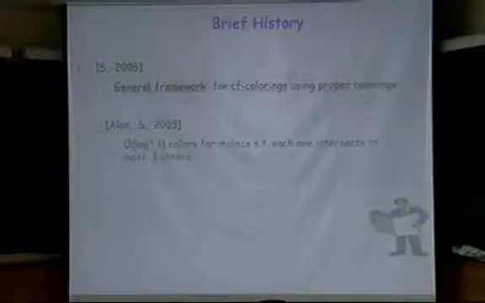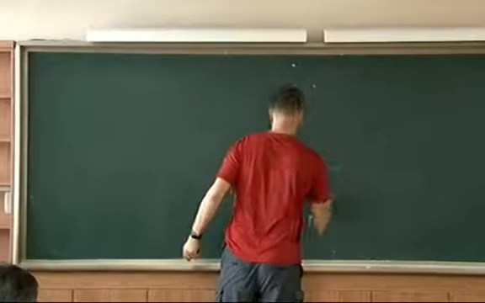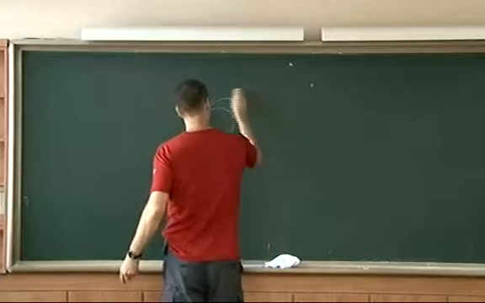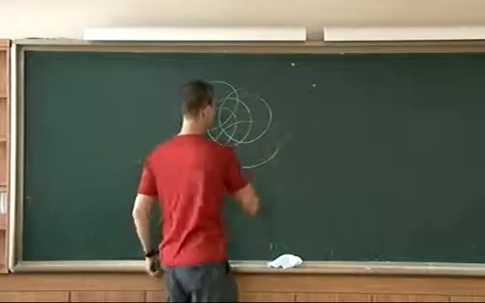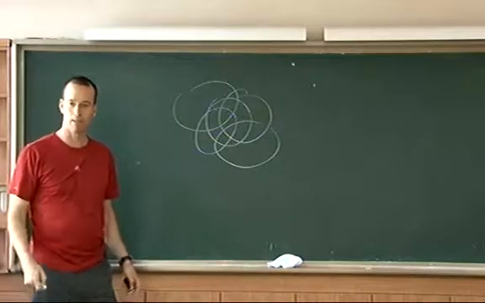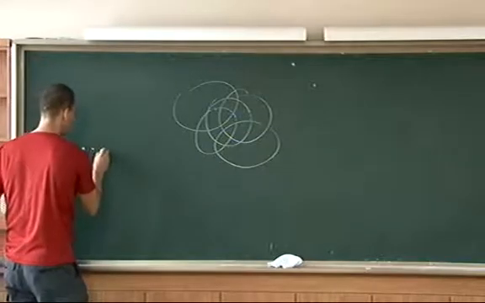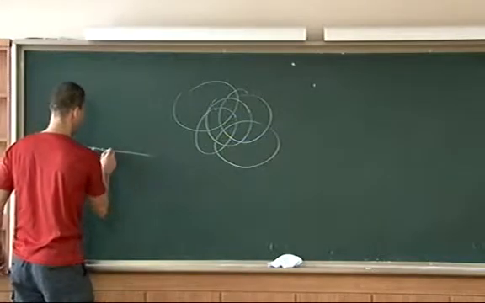More versions of this problem were studied. One of them that I should mention, which is interesting, is a joint work with Noga Alon. Let's go back to disks. I claimed, the first result says that if you color n disks, you can always do it with a constant times log n colors. And I claim that this is optimal. There are constructions, actually very simple. One can just put the centers of unit disks on a line,